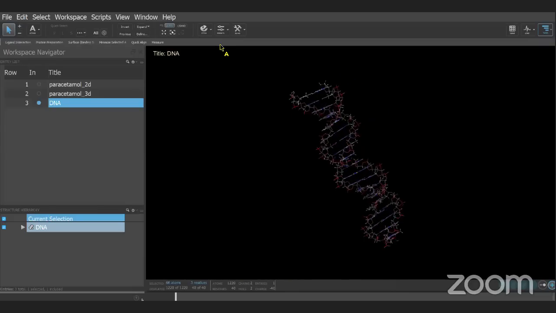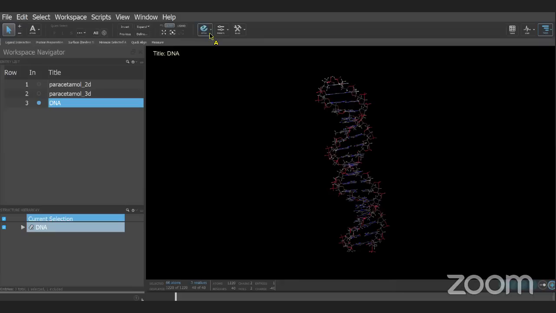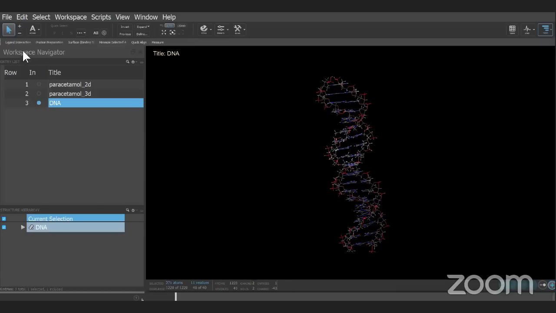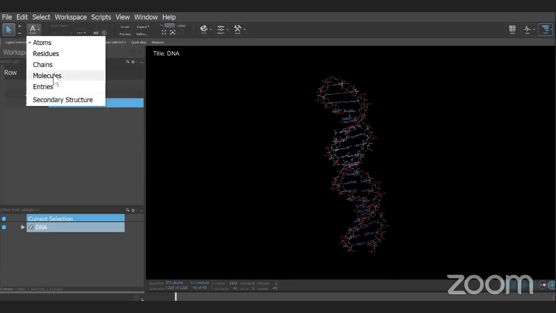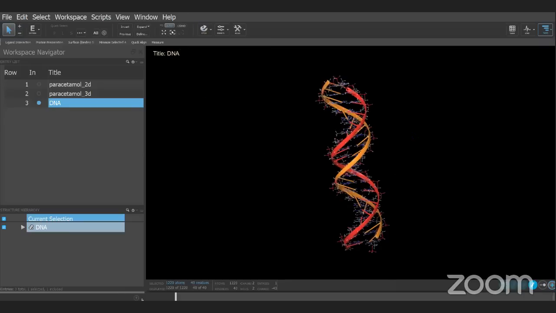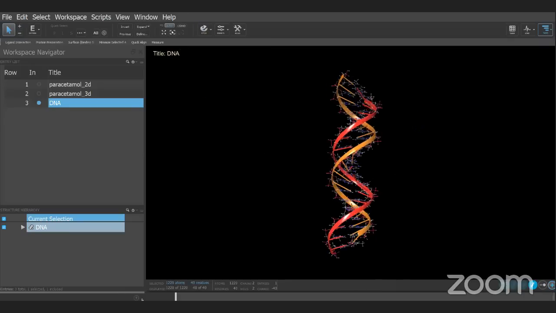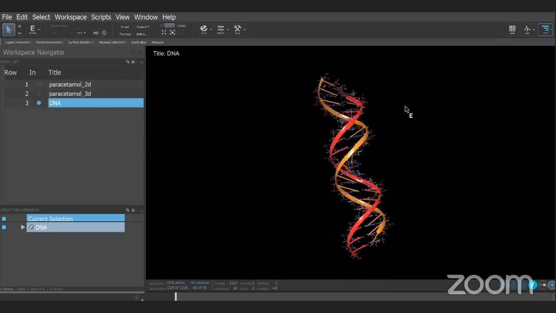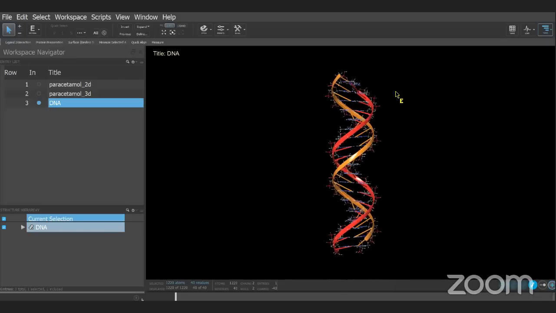You can also change the representations. As Prajwal mentioned to you yesterday, you can go to style. You can change it to ribbons. You have to select the molecule, entries, select the chains, and then you go to style, you click on ribbons, and you can see the DNA double helix here, right? So this is a 3D builder that Prajwal introduced slightly yesterday, but I just elaborated on it,